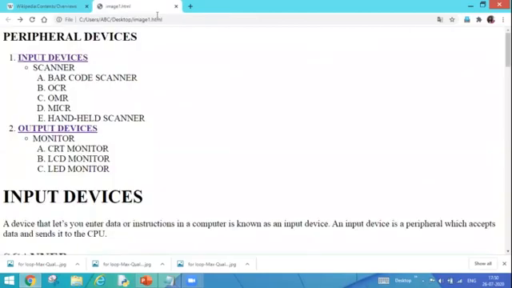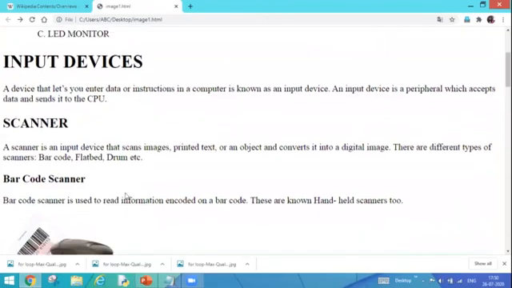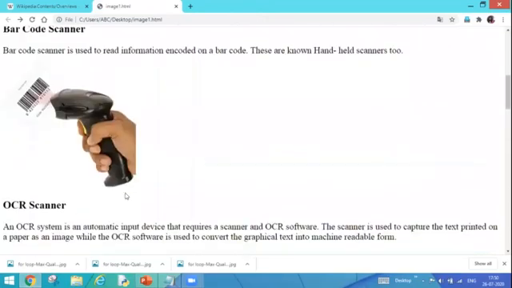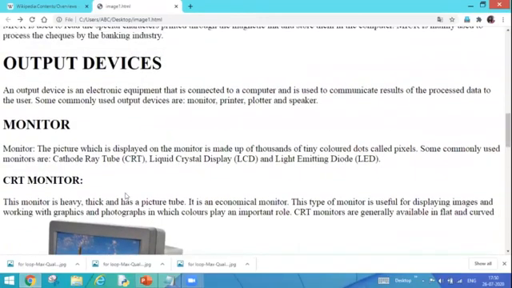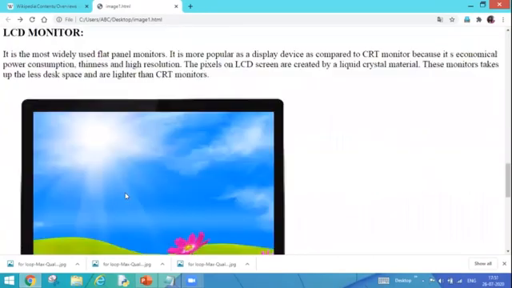Similarly, this is the web page which I have designed. Here I am talking about peripheral devices: first is input devices, second is output devices. The rest of the web page contains the input devices, in which we have talked about the scanner and the types of scanner. Similarly, under output devices we have talked about the monitor and the types of monitor.